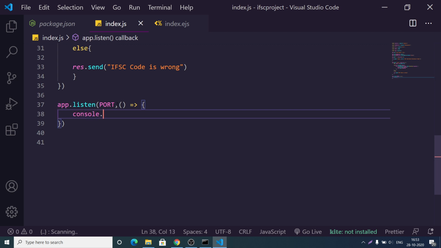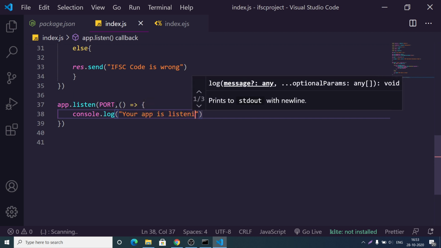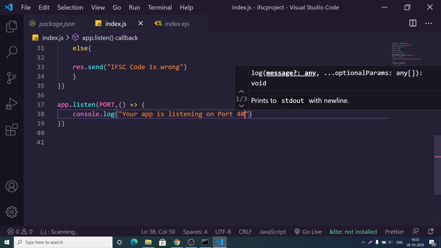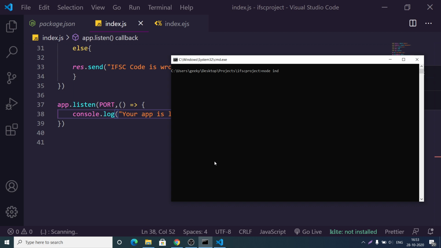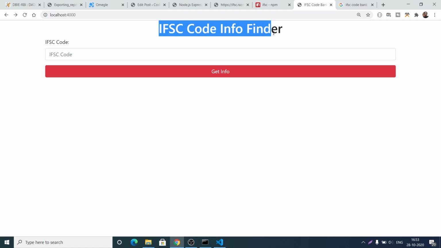Let me console log a message here: your app is listening on port 4000. So you will see your app is listening on port 4000. If I reload the application, you will see the title has changed here, IFSC code bank information finder.